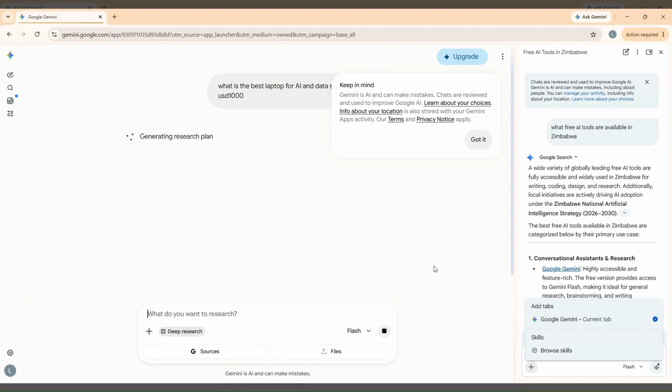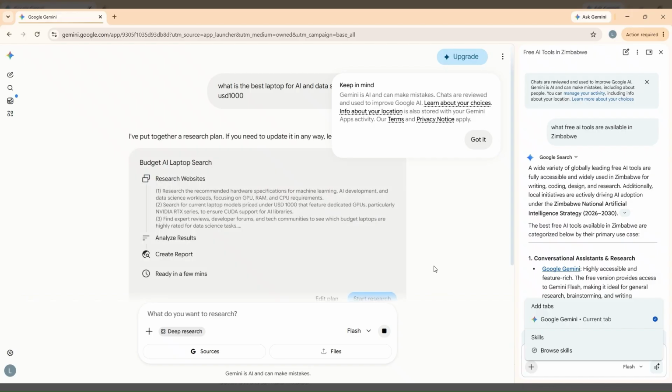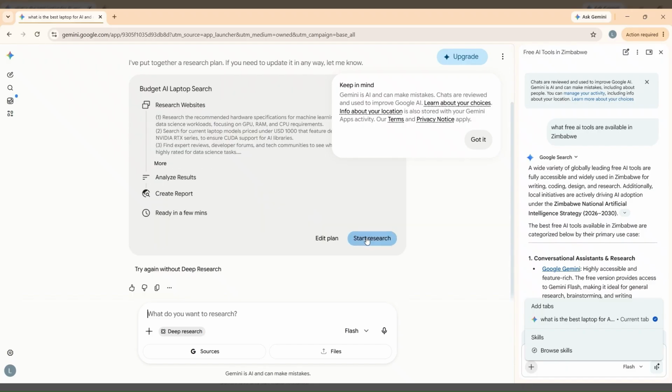So you'll notice that deep search takes a bit longer than the normal search, because the normal search is just searching web links, whereas this one is going deep. So it's telling us that it's analyzing results, it's going to create a report, and it will be ready in a few minutes. Okay, so we'll have to click on the start research button,